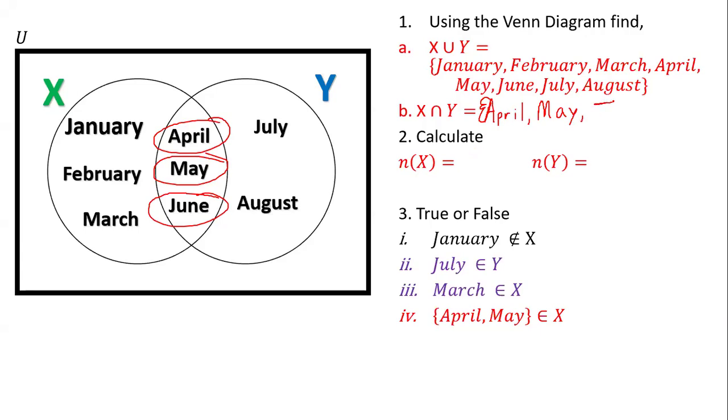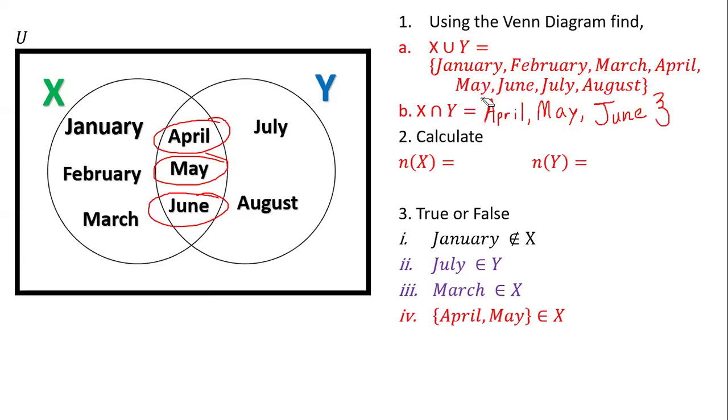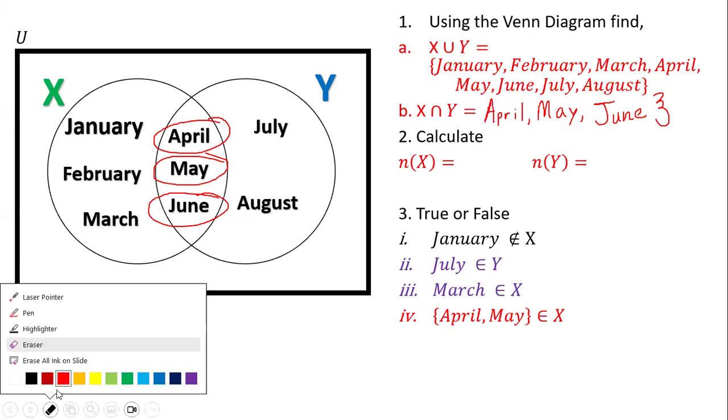Then June. And then close bracket. Let me fix the first one. So it's going to be the ones that are in the middle, the months of the year that are in the middle,